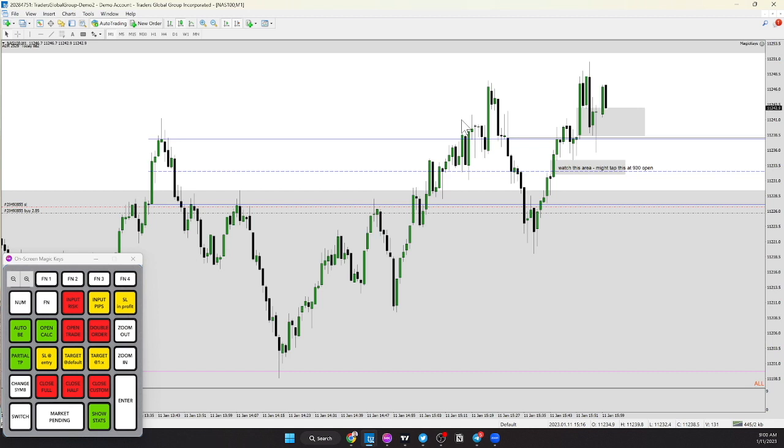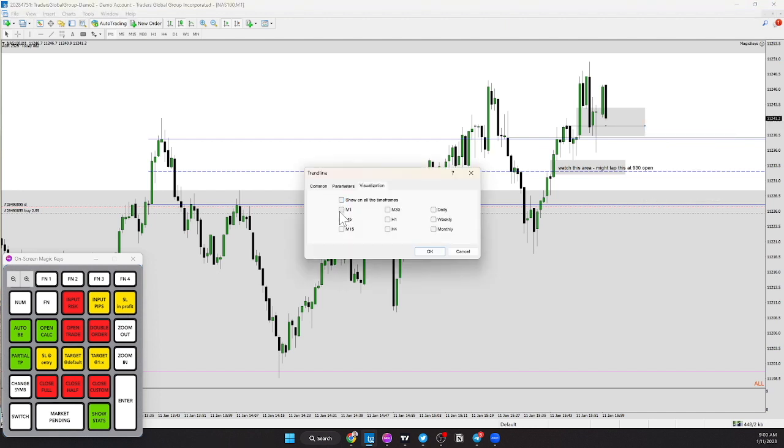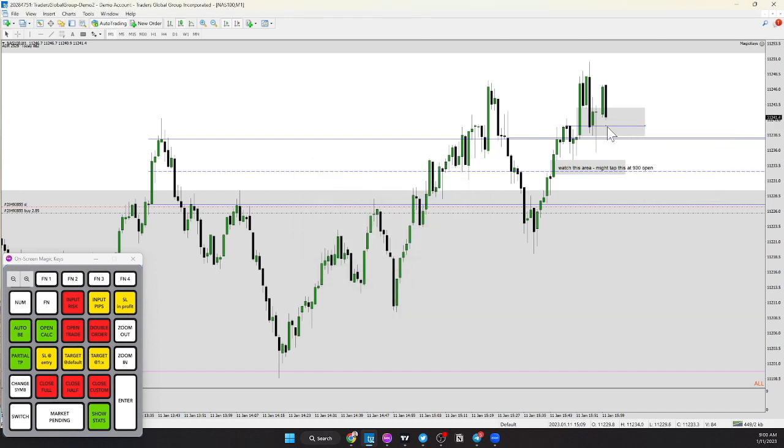So I was just mapping out the level that I'll be taking my first partial at, which is above that hourly high where there's buy side liquidity. Now I'm just marking out this bullish order block here on a 1 minute chart. Again, these are not specific levels that I would personally be trading off of,